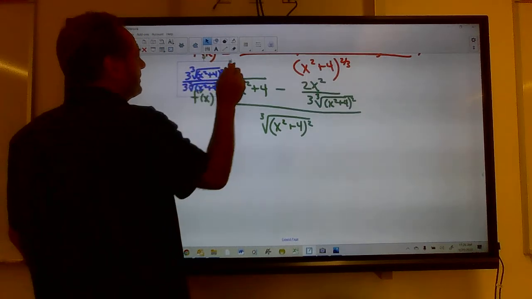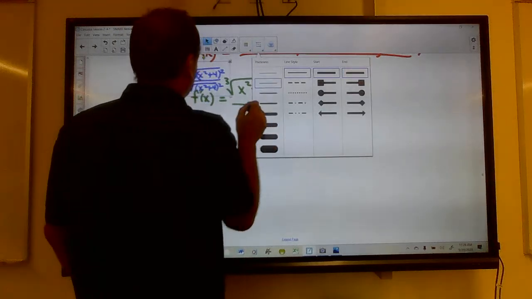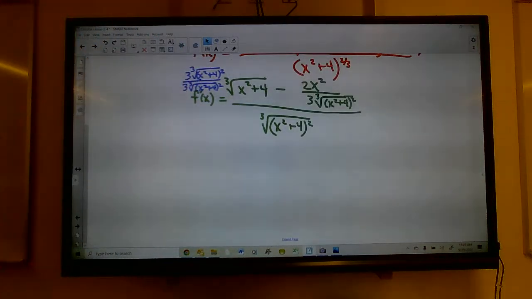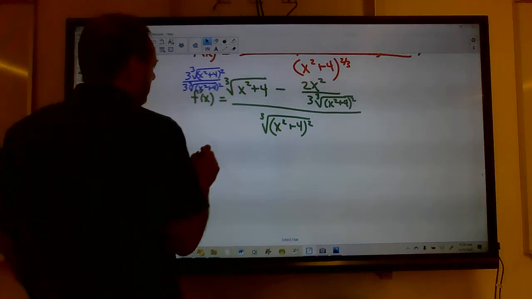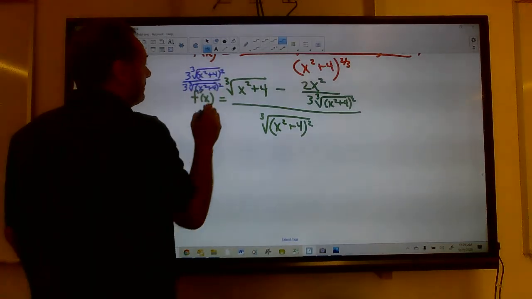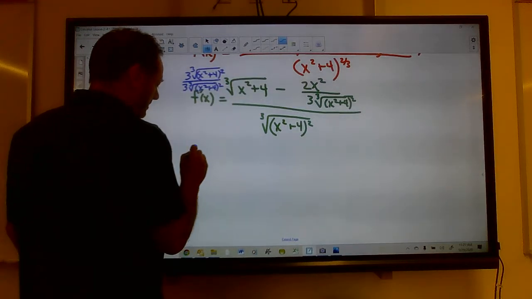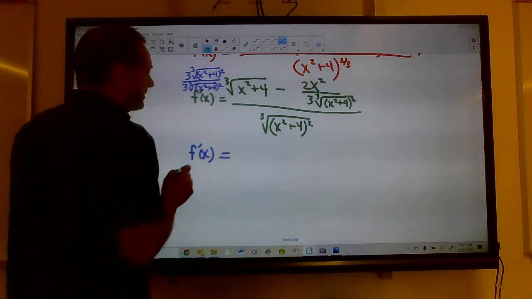Let's see if we can thin those lines out a little bit and make it a little clearer to read. There we go. Okay, what do I get when I do this? F prime of x is now